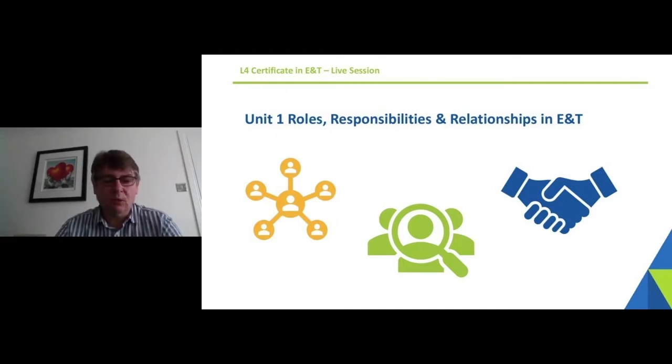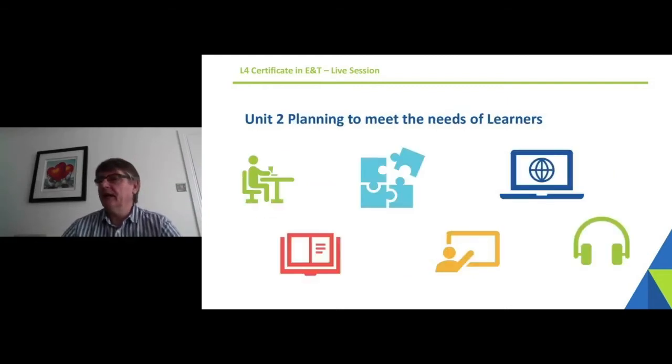You'll understand what we're looking for in terms of the assessment criteria. You'll understand how you need to approach things. You'll kind of cut your teeth really and get back into the mode of learning. Once you've completed Unit 1, start thinking about moving on to Unit 2. And this is where we're looking at the planning, especially to meet the needs of learners. One of the really important things in terms of understanding education and training is knowing that you can have virtually anyone come through your door